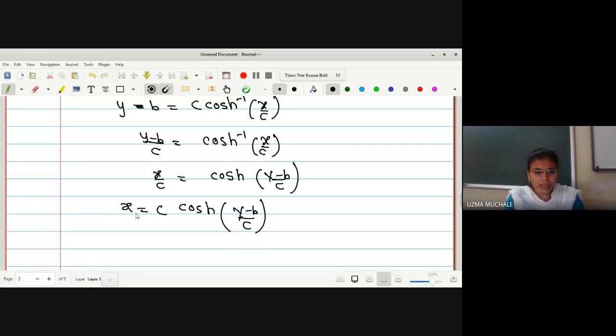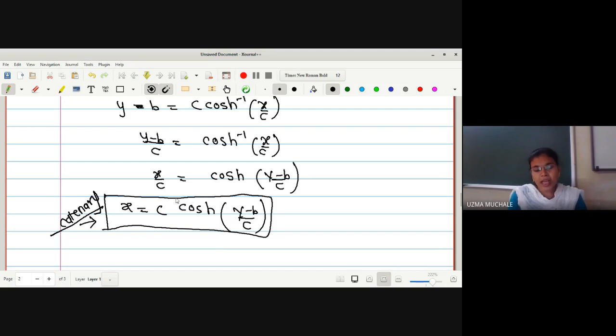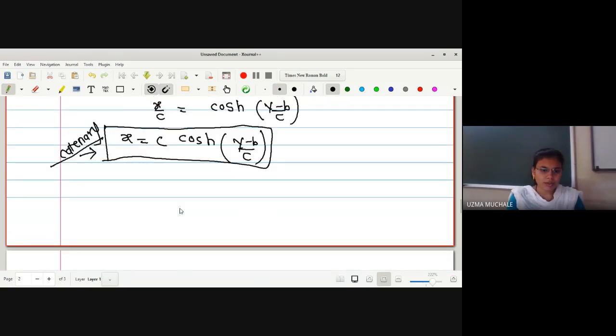Now this is nothing but an equation of a catenary. I hope you do not know whether this is an equation of a catenary or not, so after this lecture you have to search what the equation of a catenary is. Until then you have to keep faith in me that this is an equation of a catenary, right? So x is equal to c hyperbolic cos of y minus b divided by c. What are b and c? These are nothing but constants. Okay, x and y are variables, and b and c are the constant terms which are involved in the integration.